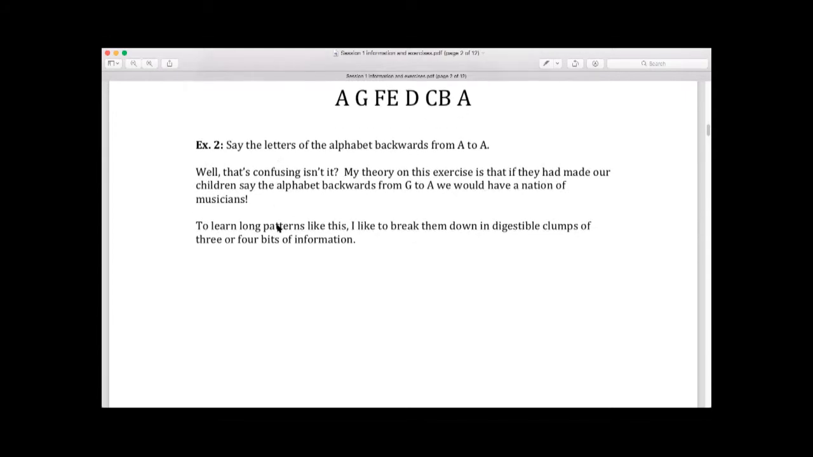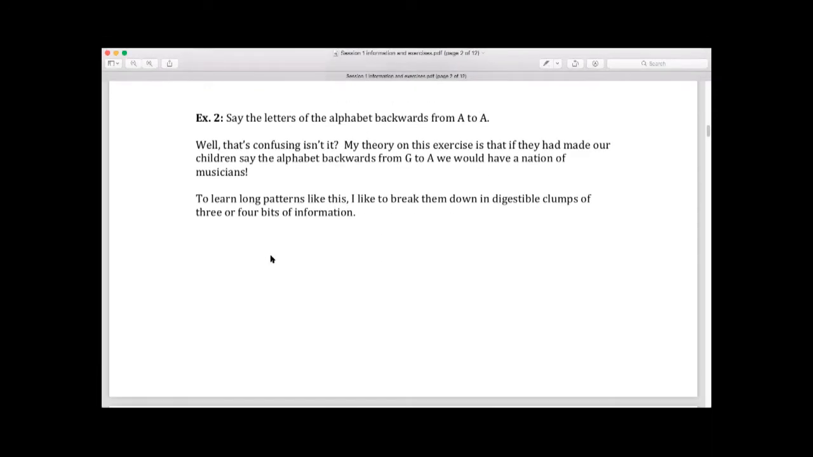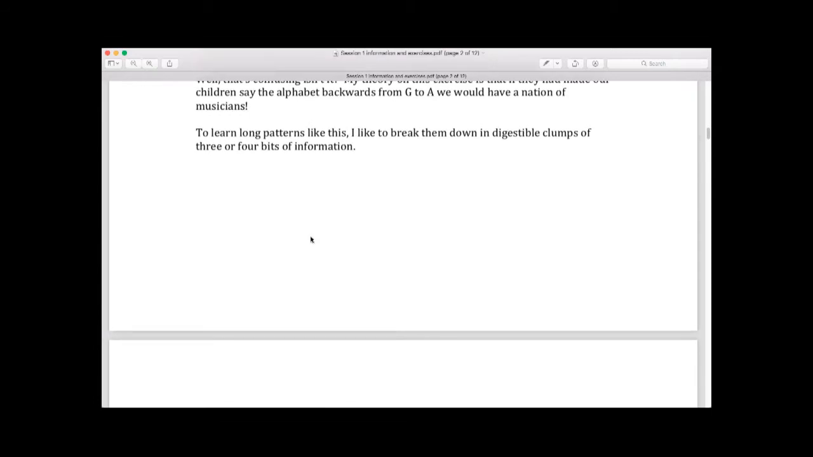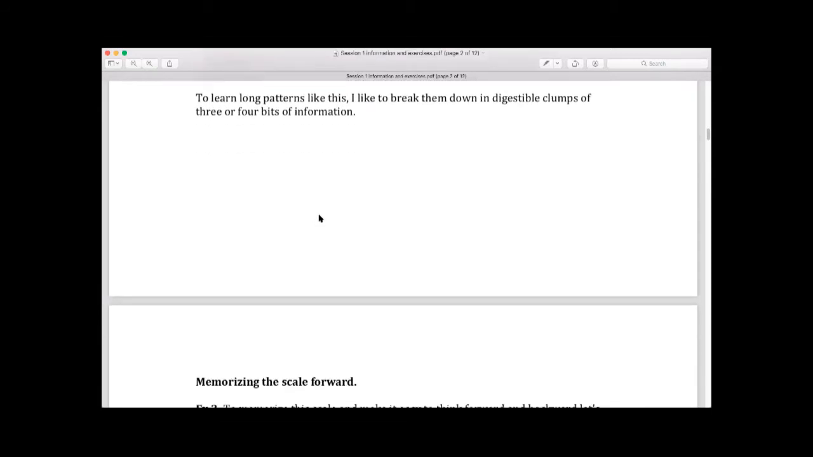So my theory is if they had made us say, or our children actually, because we're probably too old, most of us, if they had made our children say the alphabet backwards from G to A, we'd have a nation of musicians because they'd have the skill to be able to do this. And we'd also have a little one-up when we're having to talk to the state police under certain conditions. No, I didn't say that, but